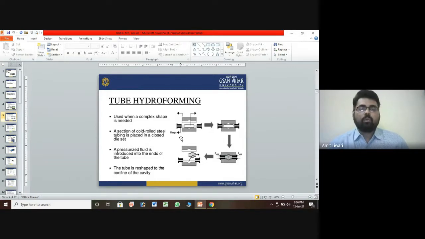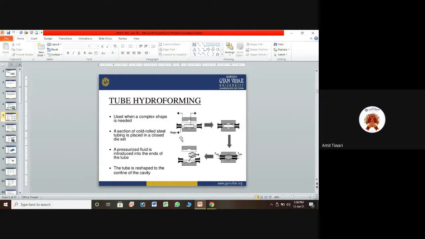Suppose you want to make a cylindrical bar, or fabricate a circular section. First of all you have to select the sheet material. The material you select is the most important choice, because it depends on the fluid pressure. For example, if you select aluminium, first identify how much fluid pressure is required to give aluminium its tube shape. If you select steel, then what specific pressure is required to convert the shape by the fluid?